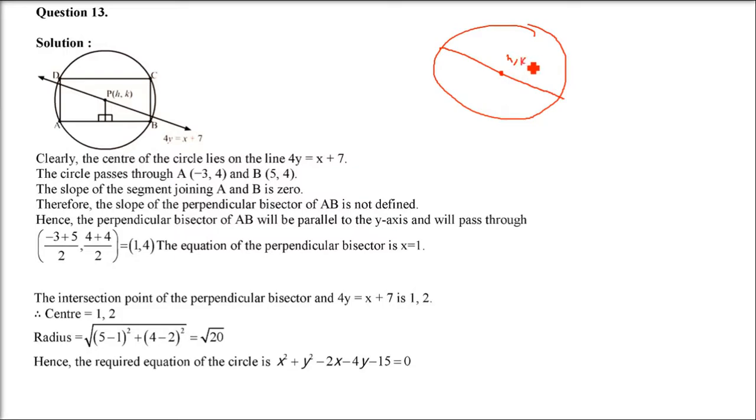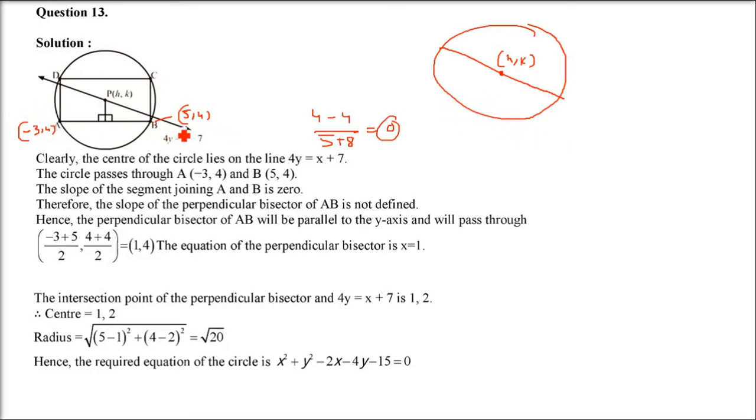So this center (h, k), how do we get it? Do we have the endpoints? Or is there any other way we can find it out? We have A and B, so we know the slope of the AB line. AB is also, you can say, one of the sides of the rectangle we are talking about. So slope is (4 minus 4) by (5 minus 4), that is y2 minus y1 by x2 minus x1, which is 0. So the slope is 0. What does it mean? It is parallel to the x-axis.